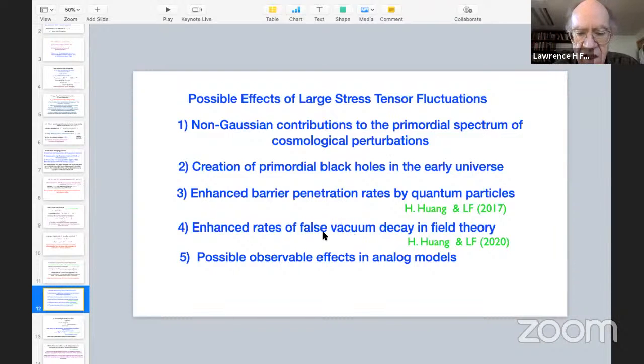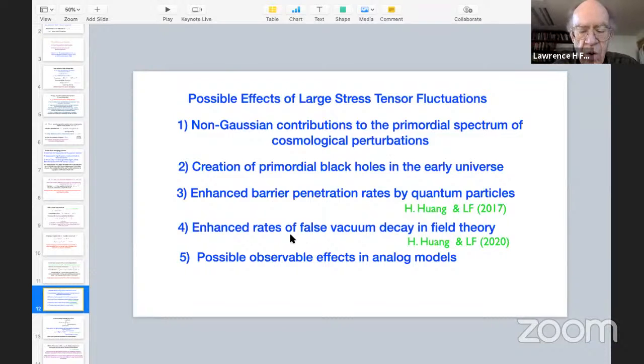There's an analogous effect that we pointed out in a recent paper earlier this year of what's called false vacuum decay, which was studied by Coleman in the 1970s by what's called bubble nucleation, which again is a tunneling process analogous to the tunneling of a quantum particle. And it's usually described by an instanton approximation, which is very much like the WKB quantum approximation in quantum mechanics.